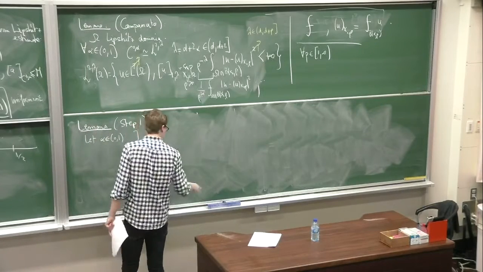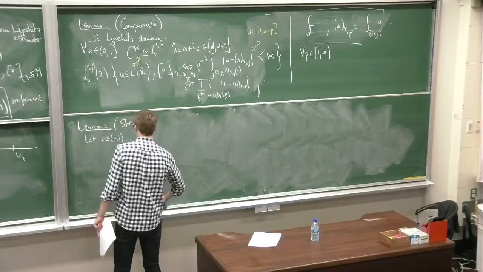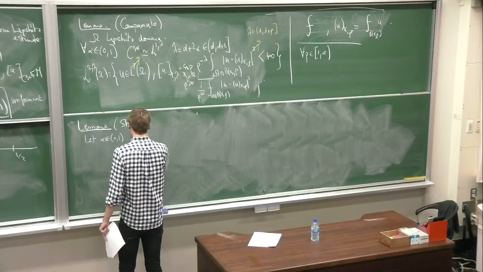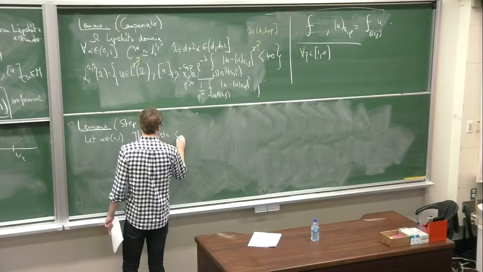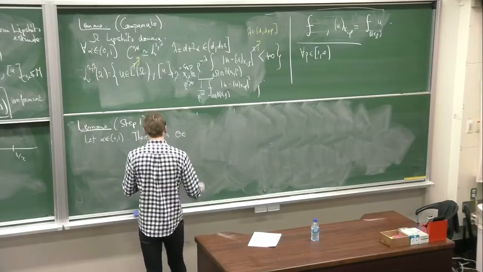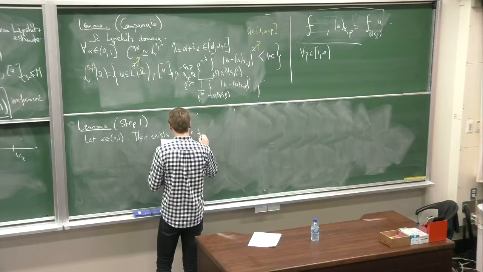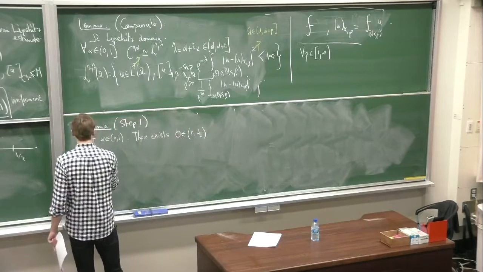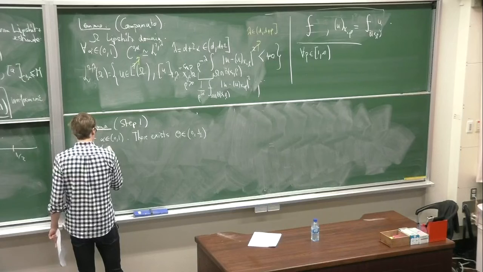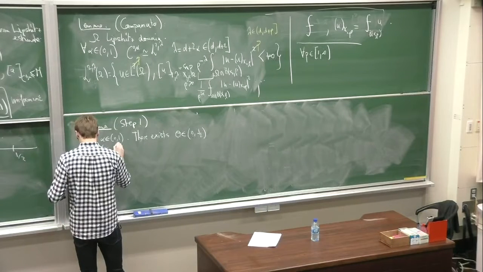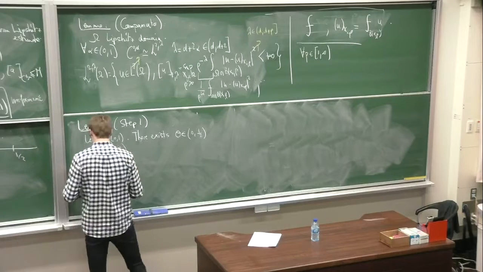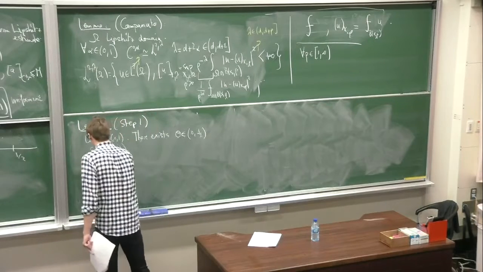There exists theta in (0, 1/2) and epsilon naught in (0, infinity), such that